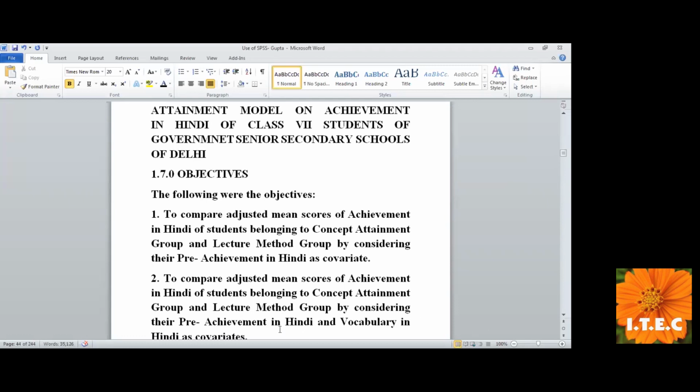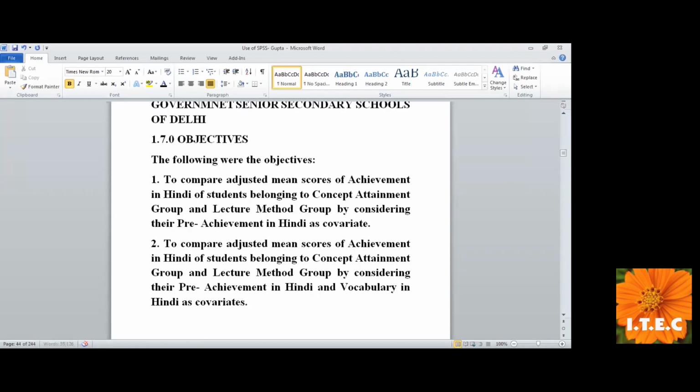I can take two covariates. I may have another objective, because it was an experimental study. So I can say, to study the effect of